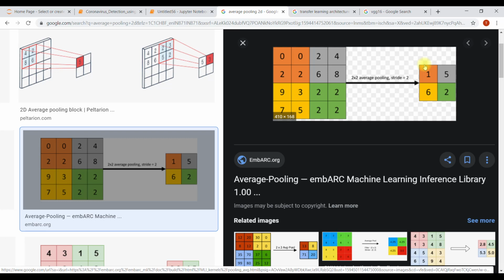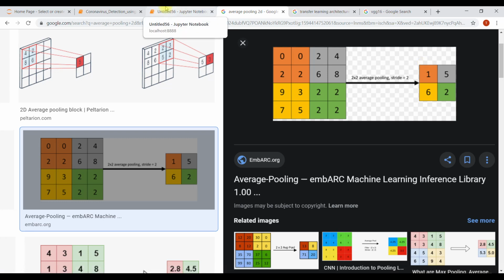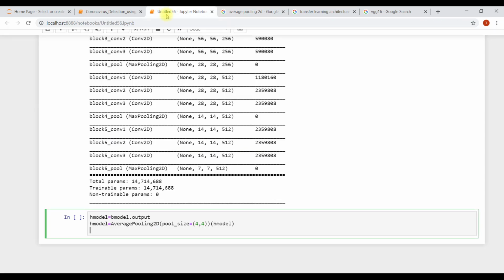Now let's move forward and add a flatten layer. After average pooling we stored the result in head model, and again we store it in head model.